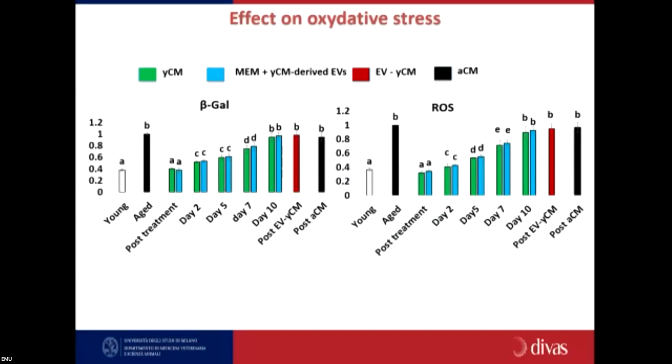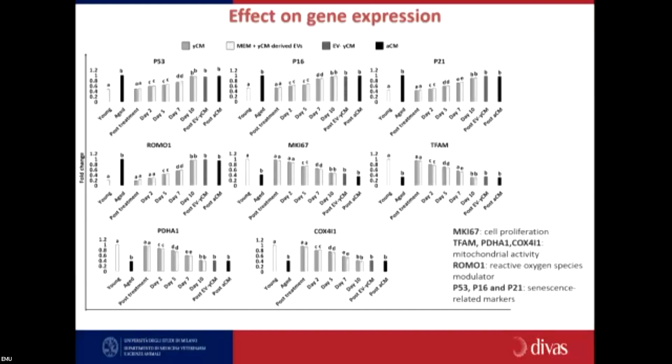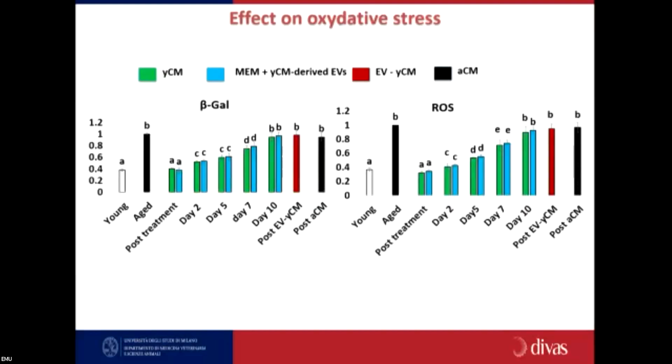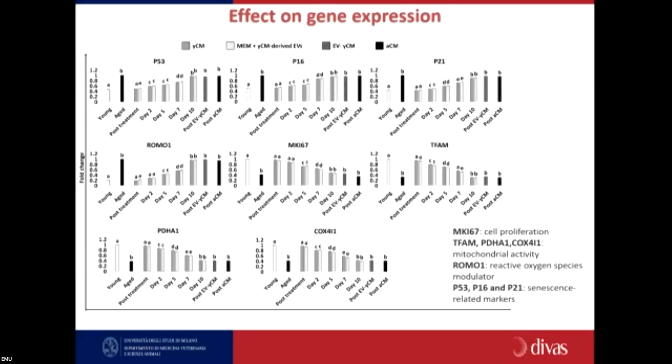We analyze also the effect on oxidative stress, in particular the accumulation of ROS and beta-galactosidase, and exactly the same situation. So EVs treatment and young cell secretome have an important effect in the reduction of these markers instead of the use of EVs depleted young cell secretome and aged cell secretome. Interestingly, the reduction in oxidative stress was also comparable to the